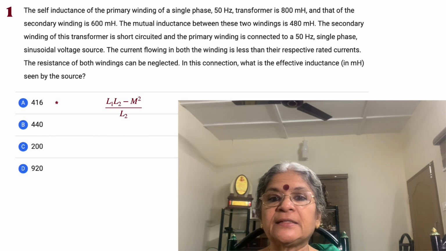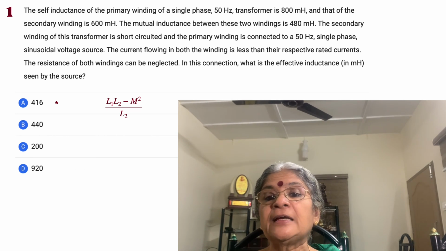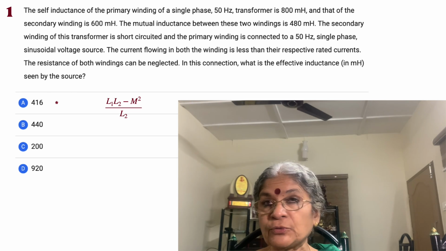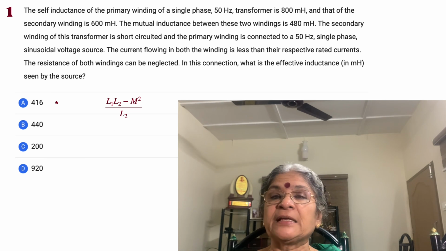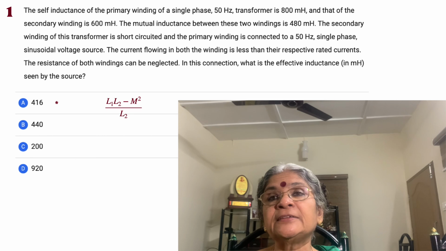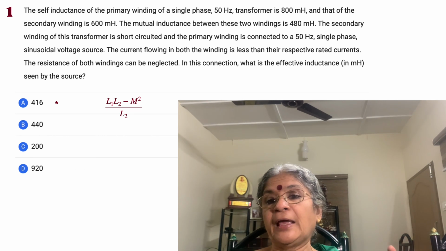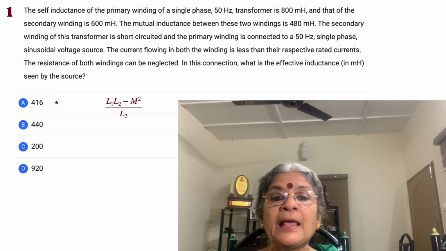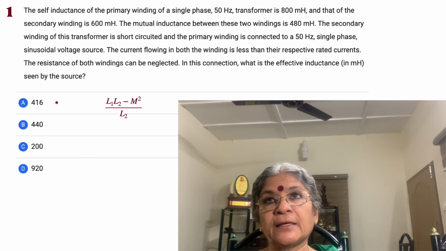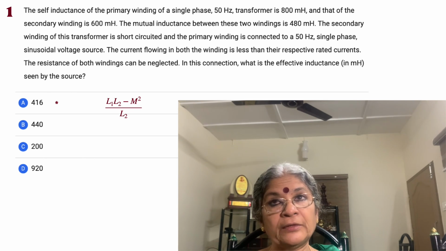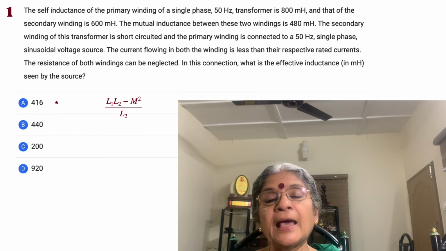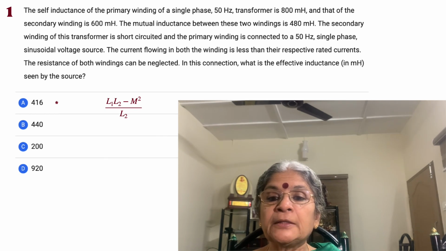The self-inductance of the primary winding of a single phase 50 Hertz transformer, so it's only for a transformer that this derived value is true, is 800 millihenry. So L1 is 800 millihenry, and that of the secondary winding is 600 millihenry. So on the secondary we again have an inductance, and we call this L2, equal to 600 millihenry. The mutual inductance